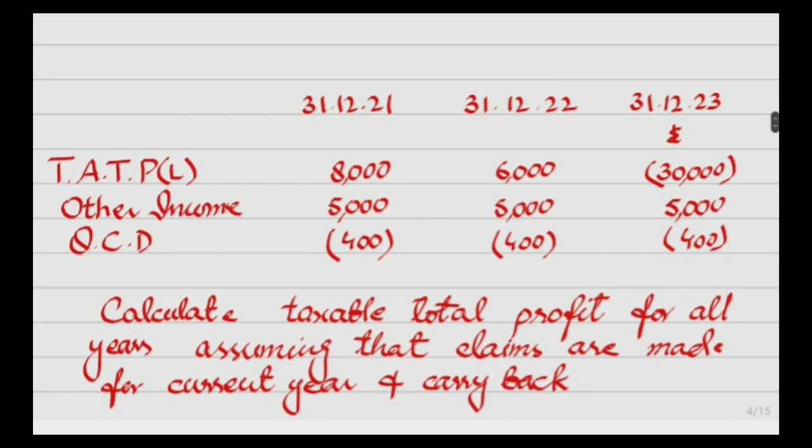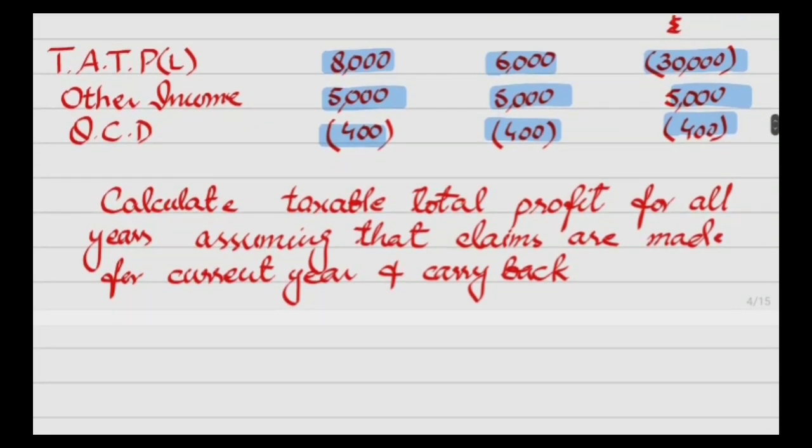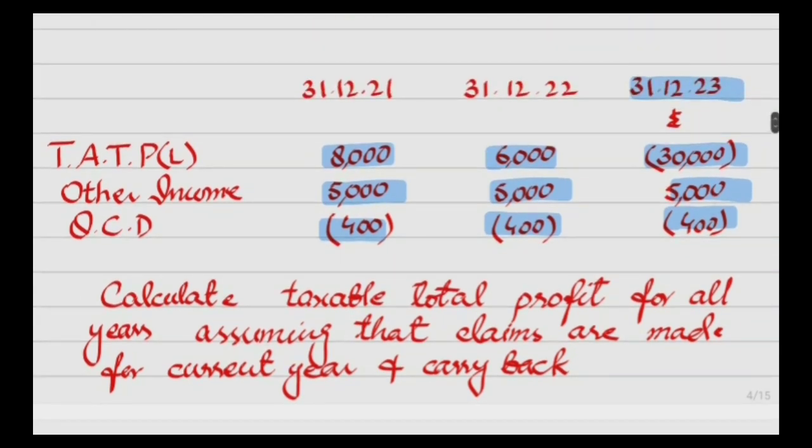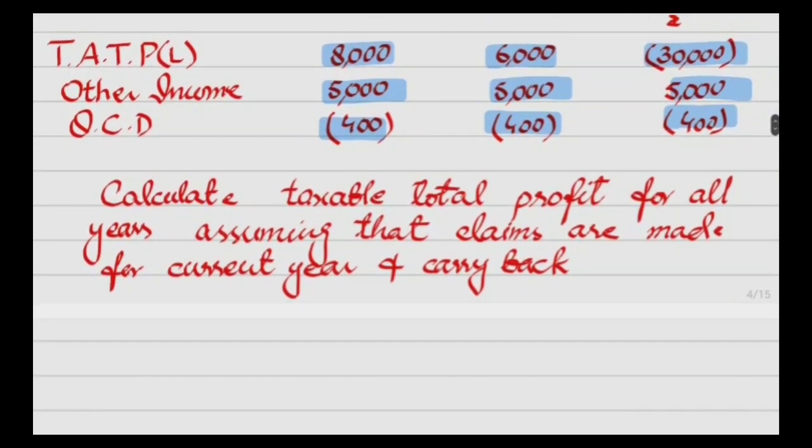For example, you have been given the tax adjusted trading profit and losses for the years ended 31st December 21, 31st December 22 and 31st December 23. So there are profits for the first and second year and losses for the third year. Other income is 5,000 each in every year, and QCD is given to you as 400, 400 and 400. Now the requirement is to calculate taxable total profit for all years, assuming that claims are made for current year and carryback. So the current year is our 31st December 23. First we have to set off the loss in this year, and then we can carry back into the previous year. So it will be